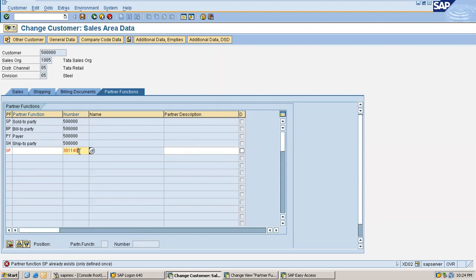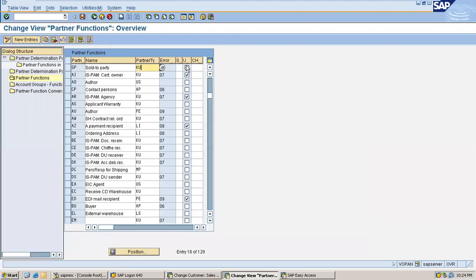So the rule is, one customer should have only one sold to party. That is the reason sold to party is marked with the unique checkbox.